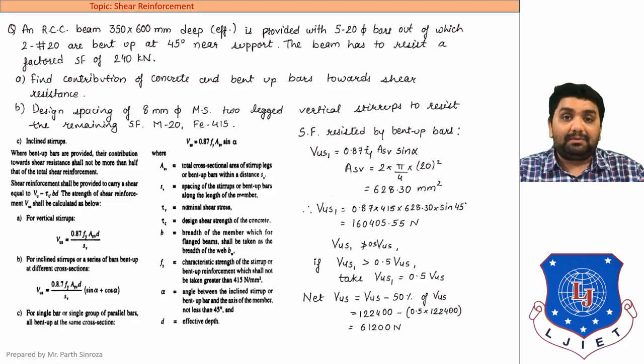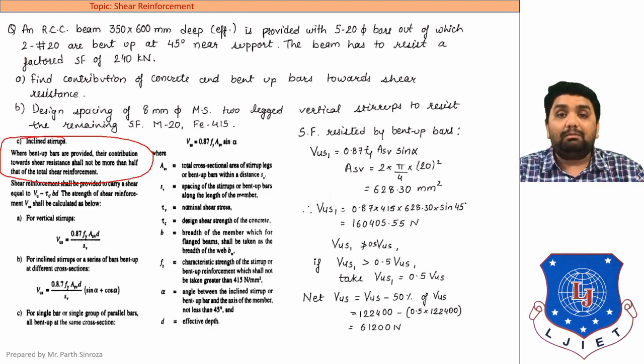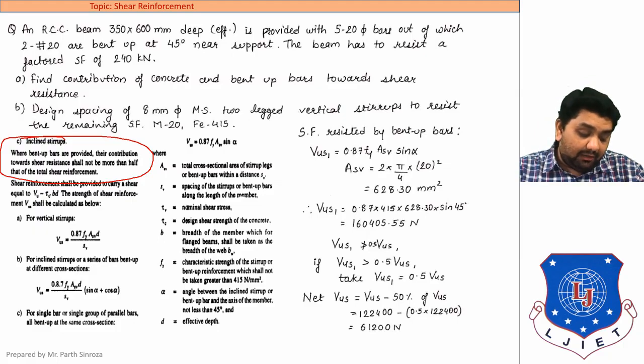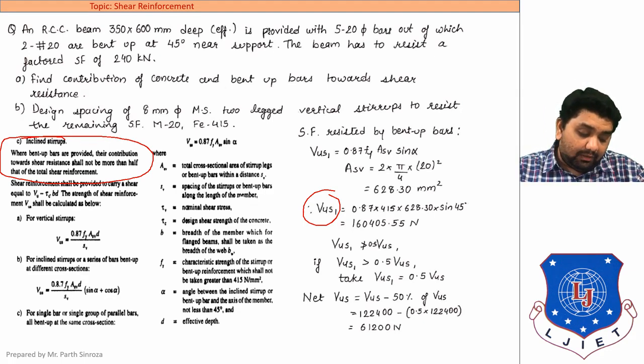But keep in mind there is something more related to this whenever bent up bars are given in the question. If bent up bars are not given in the question, there is no need to worry. But when it is mentioned in the question, as we are solving bent up bars, this paragraph is very important. You can see on your page number 73, it says that where bent up bars are provided, their contribution towards shear resistance, that means VUS1,